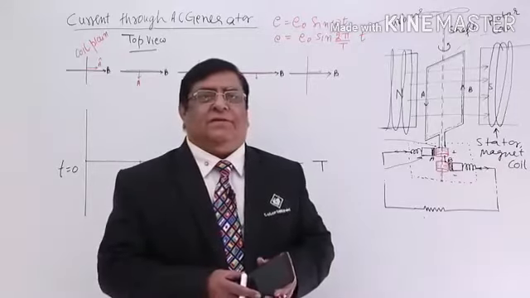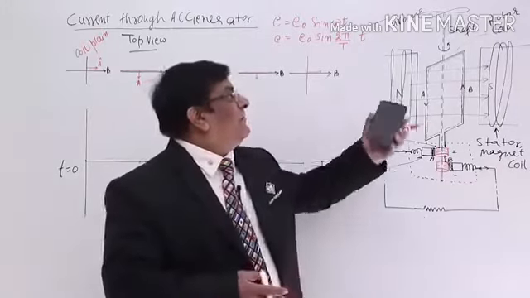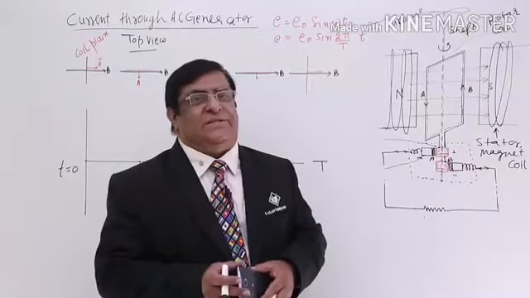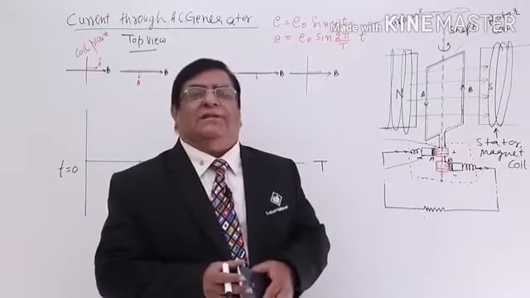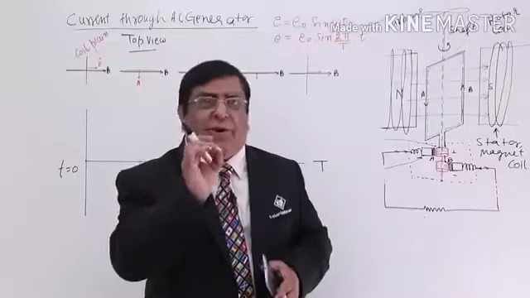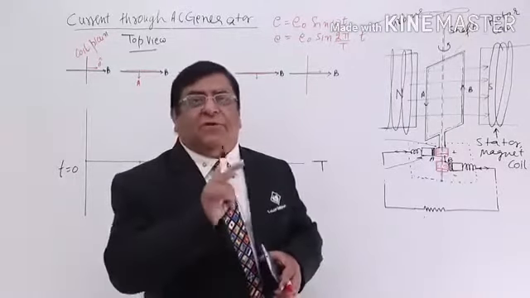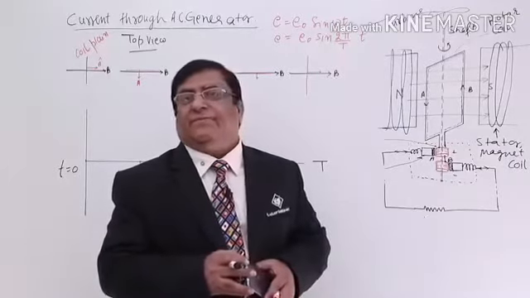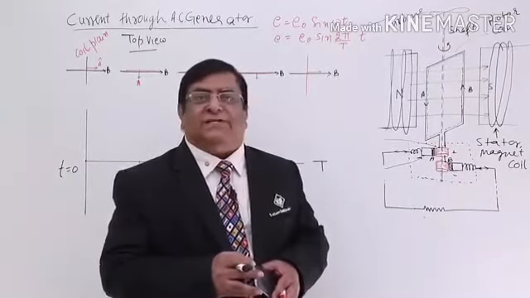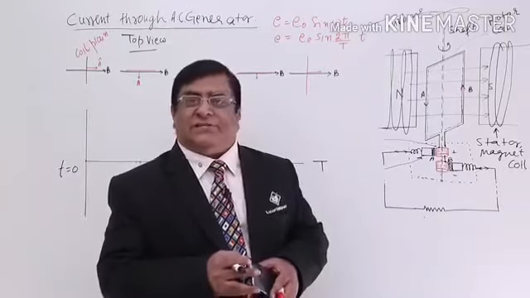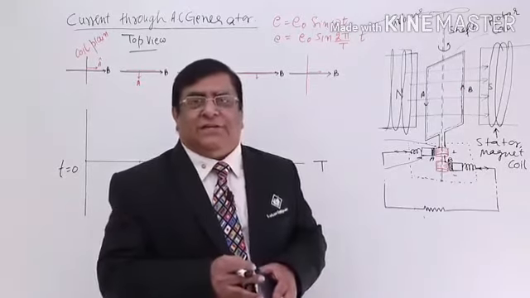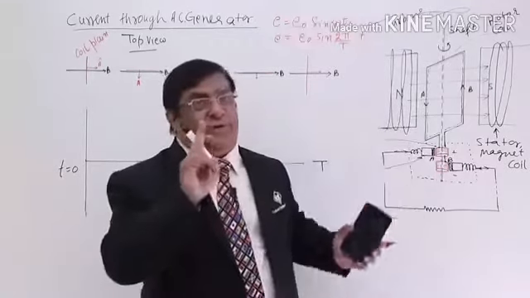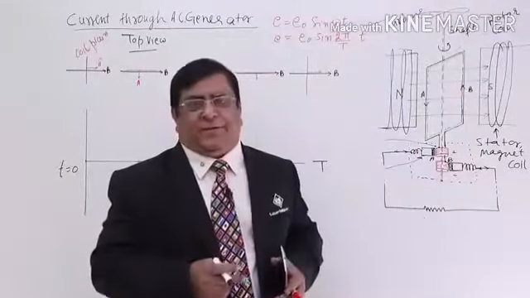Now we will study the working of a generator: how the current is produced and how it changes its direction. We are going to see this very minutely. This is very important, especially if you are going to study engineering. See why the direction changes and how much it changes. For that we will study one rotation of the coil, and within this one rotation, it will go on repeating.